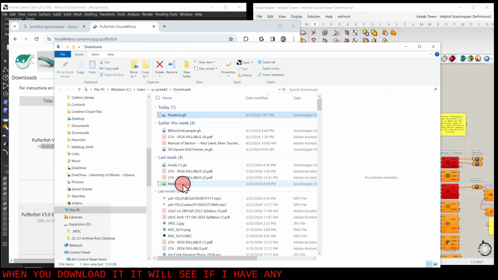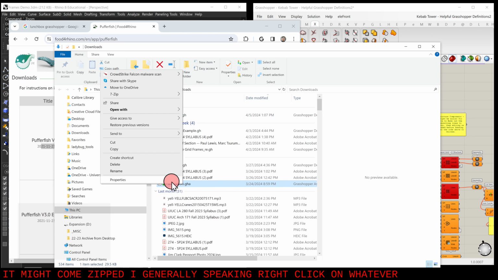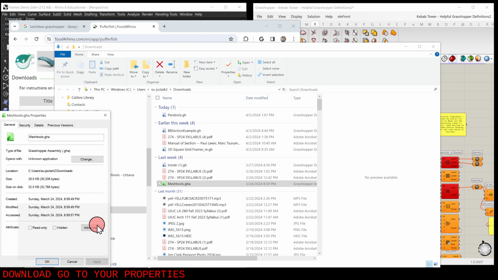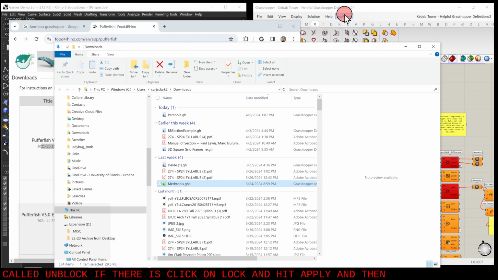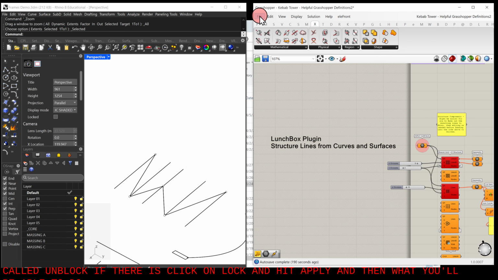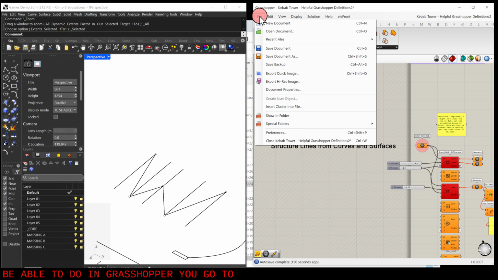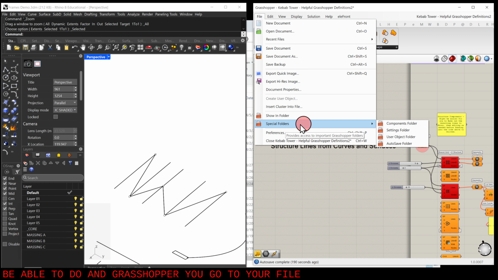It's like a GH file. It might come zipped. Generally speaking, right click on whatever you download, go to your properties, and there might be a little checkbox here called unblock. If there is, click unblock and hit apply. And then what you'll be able to do in Grasshopper, you go to your file, special folders, components,